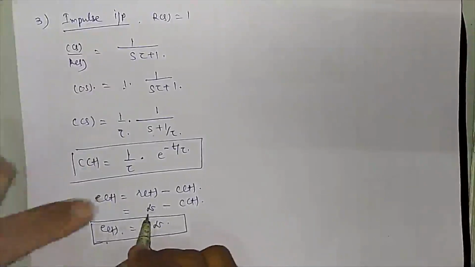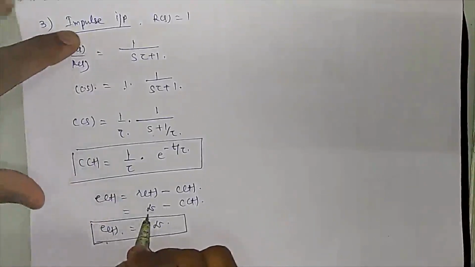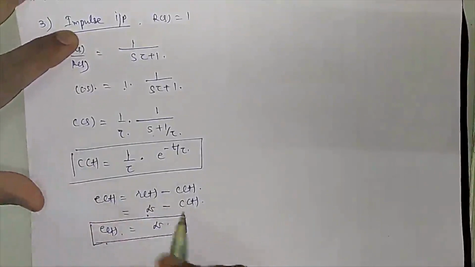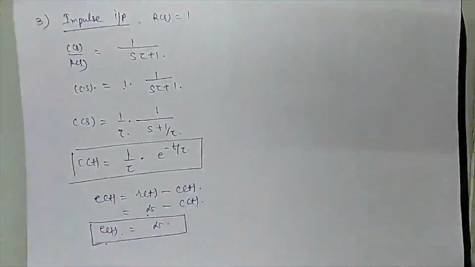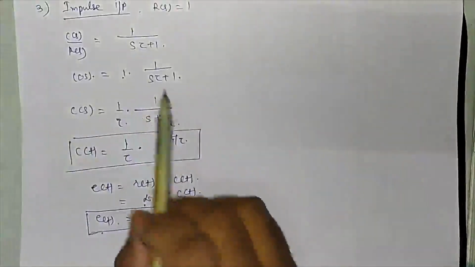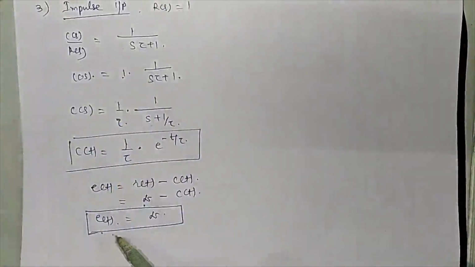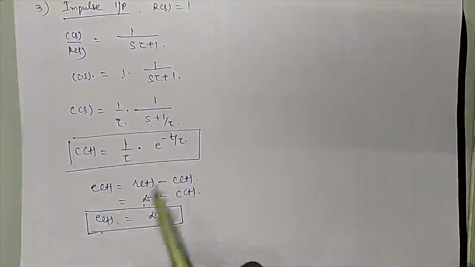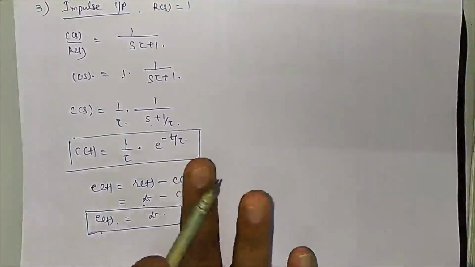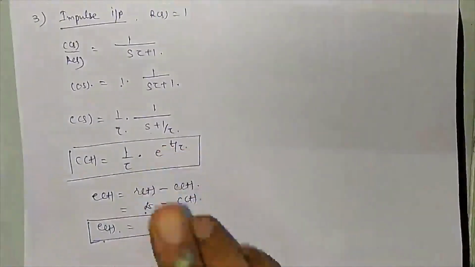Okay, why is it infinite? Because it is an impulse input. So e(t) is equal to infinite. Okay, so this is regarding your impulse input. Impulse input error is infinite for the first order system, so this is not going to be stable. If it is not stable, we don't need to find out the value of steady state error. Okay, so this is regarding your first order system analysis.